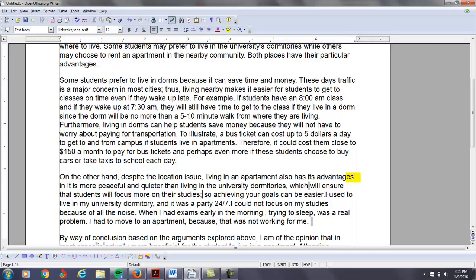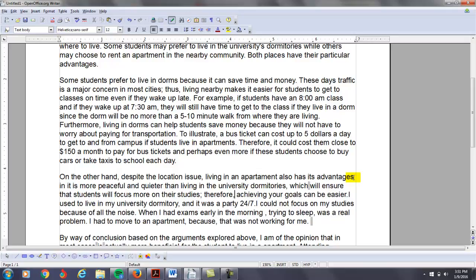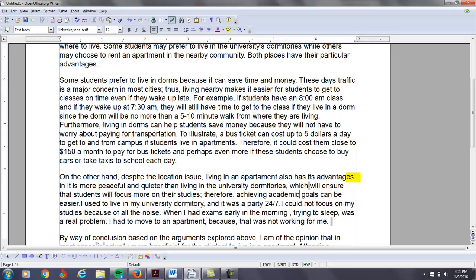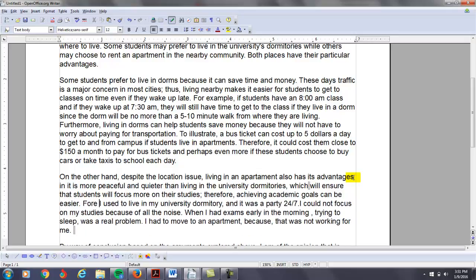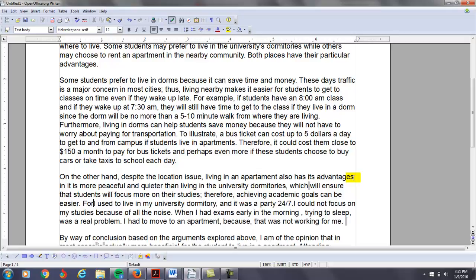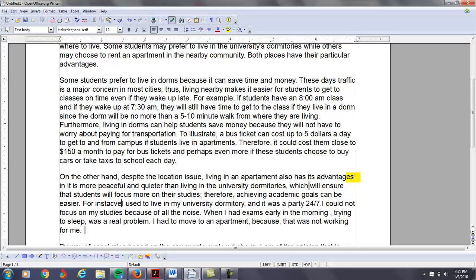Or if you put a semicolon here, maybe put therefore. Achieving academic goals can be easier. For instance,